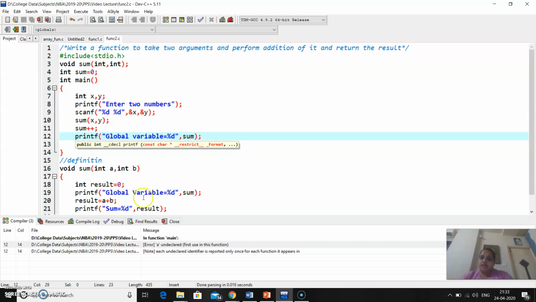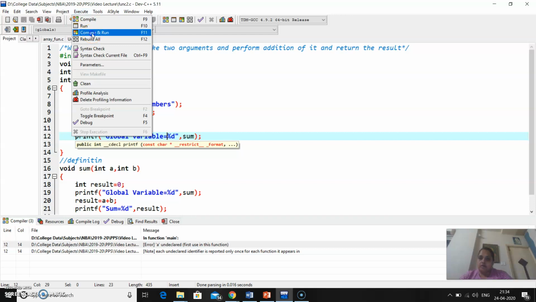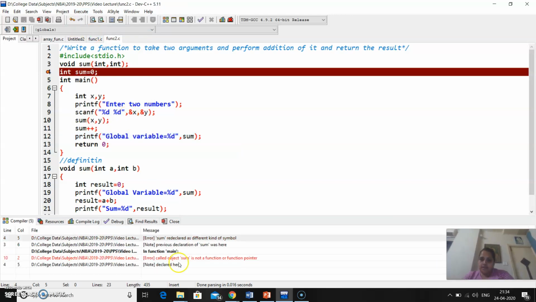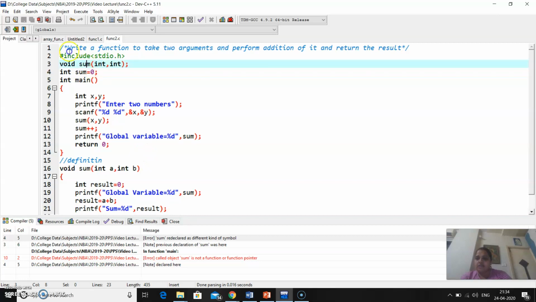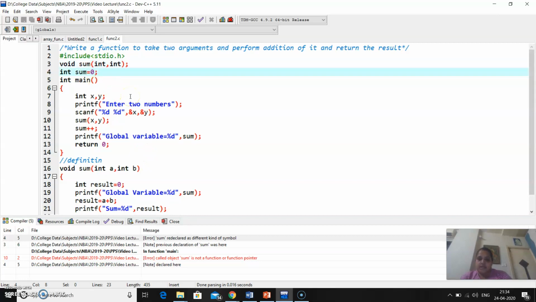Now we will see what output you are expecting when we run this program. Sum is not a function or a function pointer. Sum is redeclared. Why is it called redeclared? Because it is a function name as well. So instead of sum, suppose I am writing simply s.